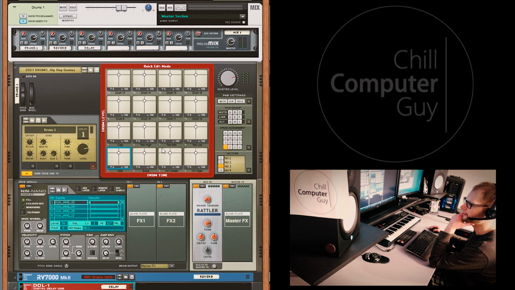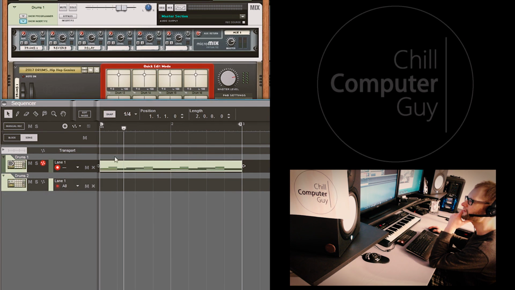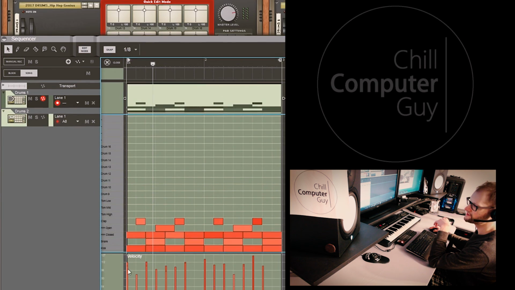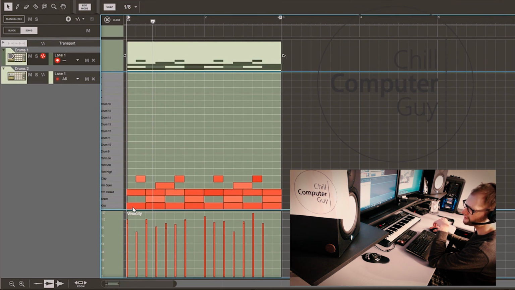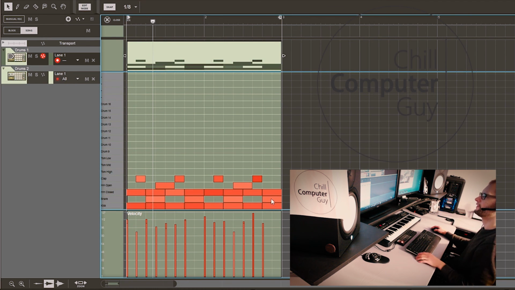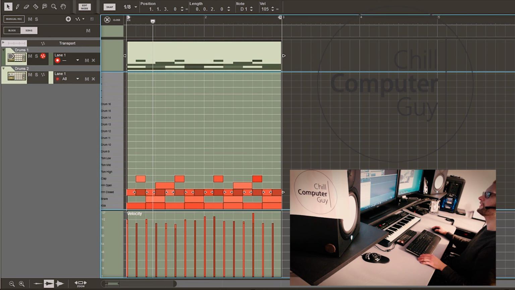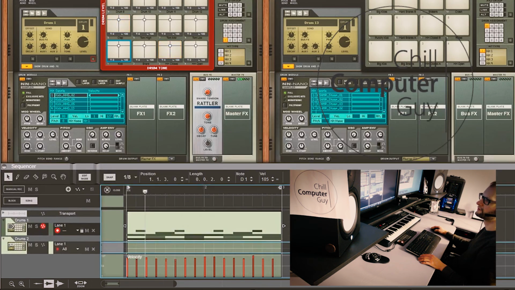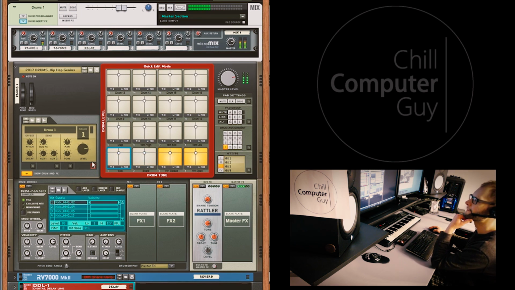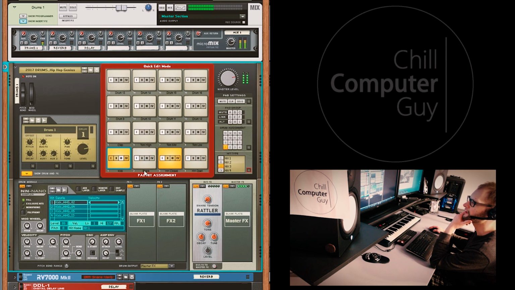But here's what I like about this setup: you can go ahead and throw yourself a drum loop in here. I got a drum loop here, and it's just a basic loop. So you can see my pattern here. I have eighth note kick drums, eighth note hi-hats, and quarter note snare drums. So I can go ahead and play this. Let's take those down to quarter notes. There we go. So we can go ahead and play this. And you can see by adjusting my hit types,